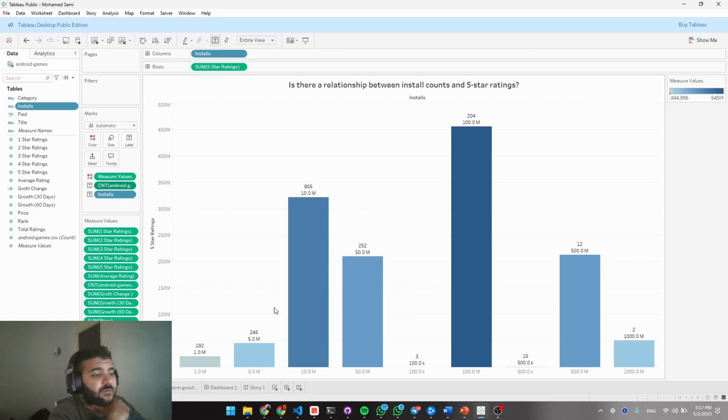In this graph, we can notice that for the 1 million installs, we got not too many 5-star ratings. But the further we go up with the number, the more ratings we get. Comparing 1 million to 100 million, the difference is big. Now when we go to 500 million, which is kind of weird, it is actually showing fewer 5-star ratings, and the 1000 million is showing even fewer 5-star ratings, which indicates that